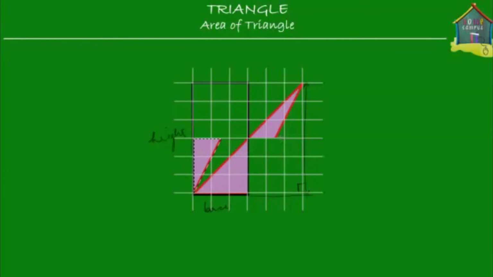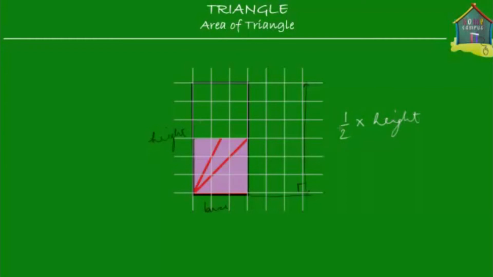then I take this part of the triangle and I will actually need to rotate it so I can fit it, and I fit it into here. Then you see again, its area is half the area of the rectangle made by the base and the height. So there you go. The area of the pink triangle is also half of